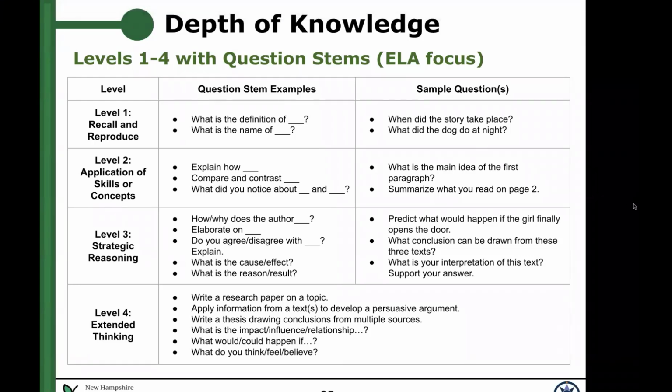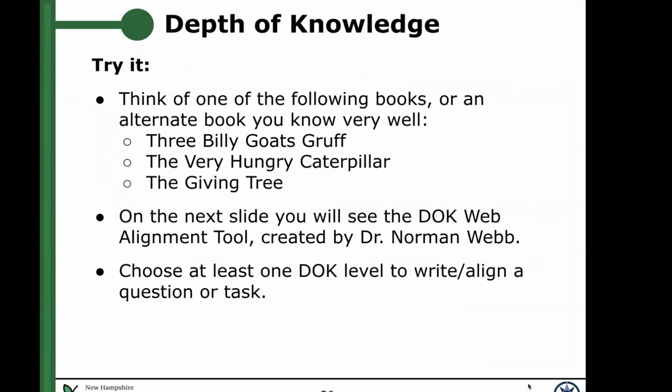So level 4 is going to show itself as analyzing and synthesizing across text, examining and explaining alternate perspectives, describing common themes across texts. So that's kind of a quick summary of those 4 levels.